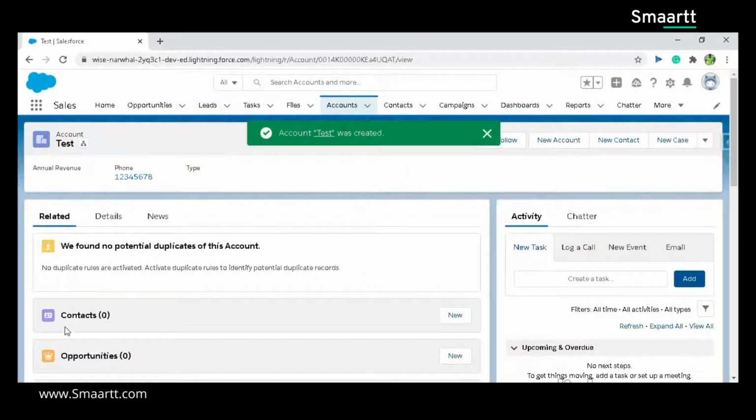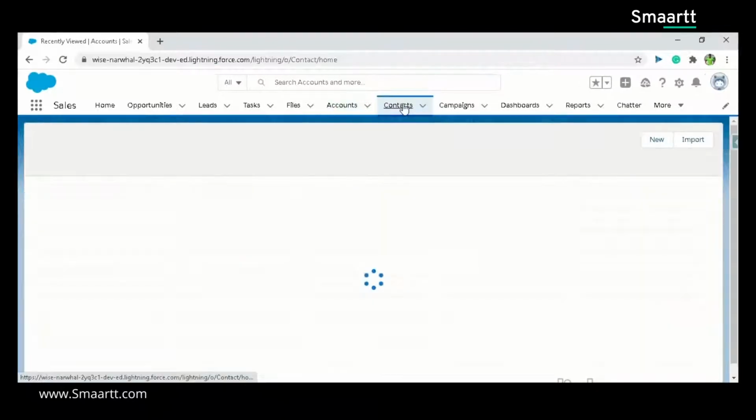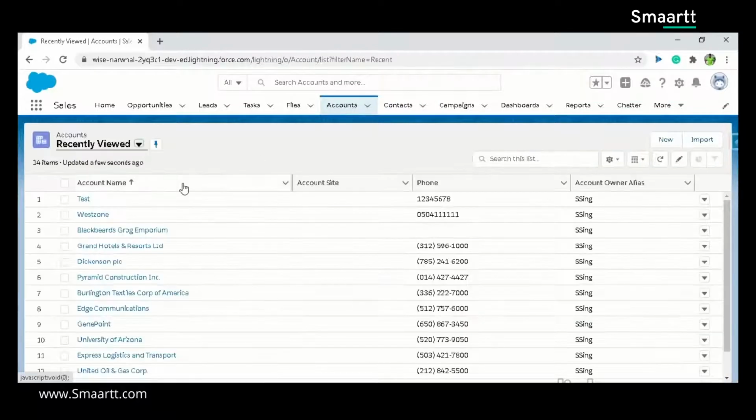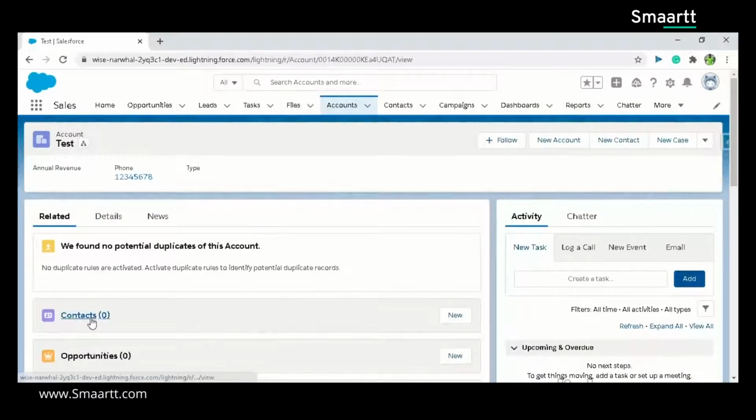There should be a new contact generated because I have given the phone number in the account. So one record in contact should be created, named test, which has not yet been created. We are going to use a trigger to do this. There could be multiple ways to do this, but I'm going to choose this use case for our trigger. You have seen that once you created the account, no contact got created.